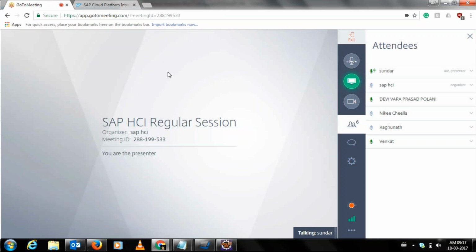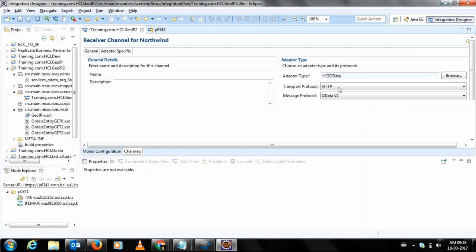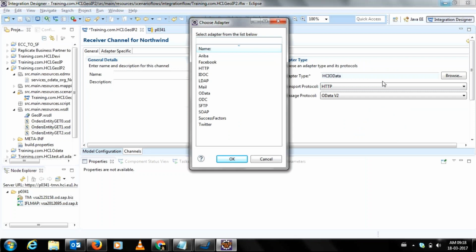Okay. I'm just saying this because the same thing would be done in your SuccessFactors integrations also. Let me show you a SuccessFactors adapter. Just click on SuccessFactors in place of HCI OData. I'm just clicking on the SuccessFactors adapter, and you will see the transport protocol and OData message protocol will remain the same. There are REST also and SOAP also, but at times, maximum number of times, it would be your